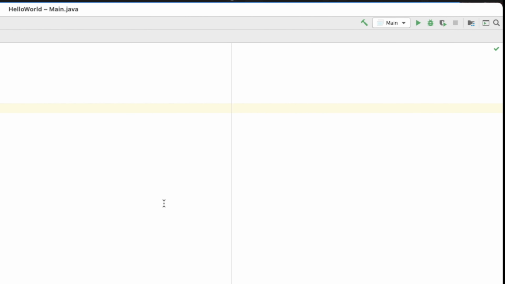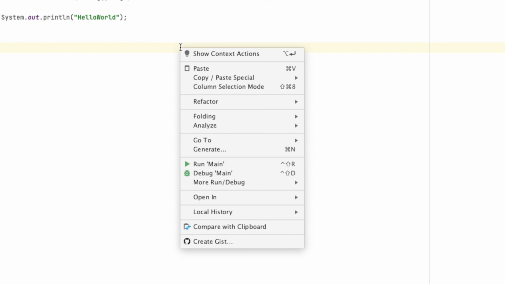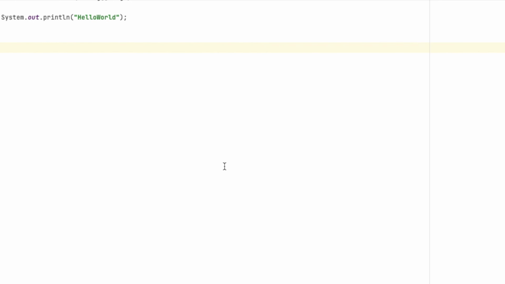If we want to run this, we can come up here to the run main. You can see that it's all set up for us. Another way you can do it is if you just right click anywhere in here and hit run, and then it will say main because that's the name of our class. So if the class was called tan monkey butts, it would say run tan monkey butts. So we're going to say run main. It's going to compile it,